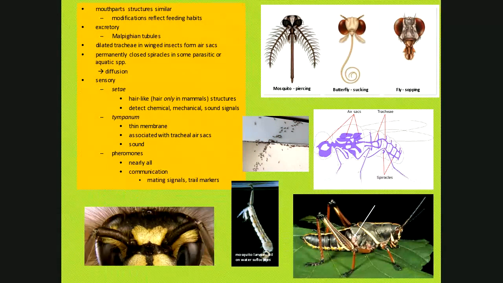The mosquito larvae down there, the reason why I'm showing you that, it actually has to do with the breathing and the spiracles. Mosquitoes lay their eggs in the water and they hatch in the water. And the mosquito larvae develops in the water for a while. It hangs right below the surface of the water, and it's got this little device that extends up to the surface. That's actually a pipe, and that's how mosquito larvae exchange gases while they're developing.